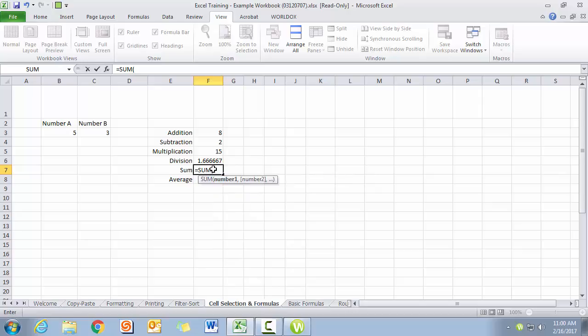And this is how all functions work. It's the function name, or the formula name, with an open parentheses, some arguments or values entered in there, and then close parentheses. That tells us that the formula is ending. So I can do this in a couple ways. I can say, okay, I want to sum this through this, or I want to sum